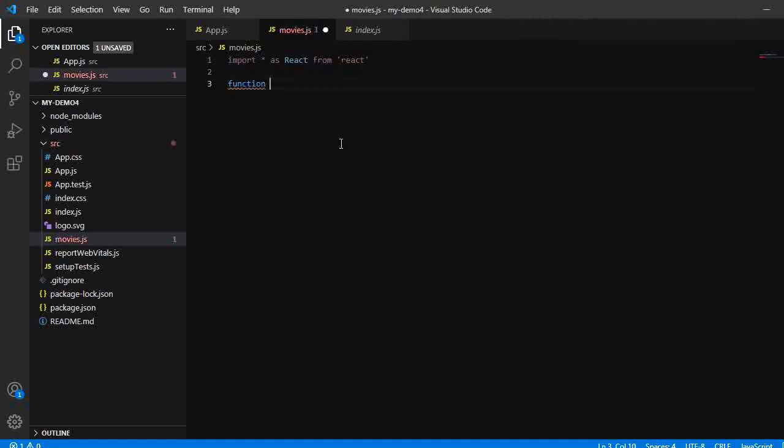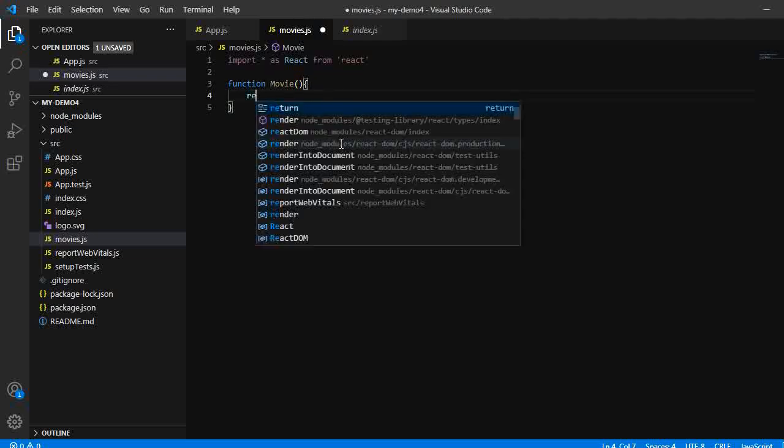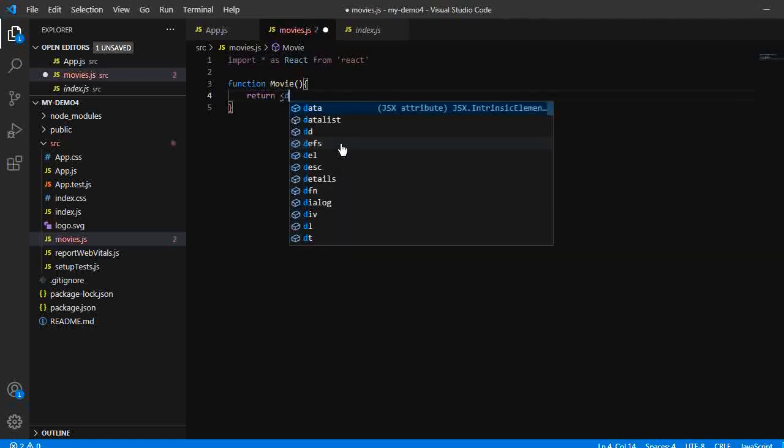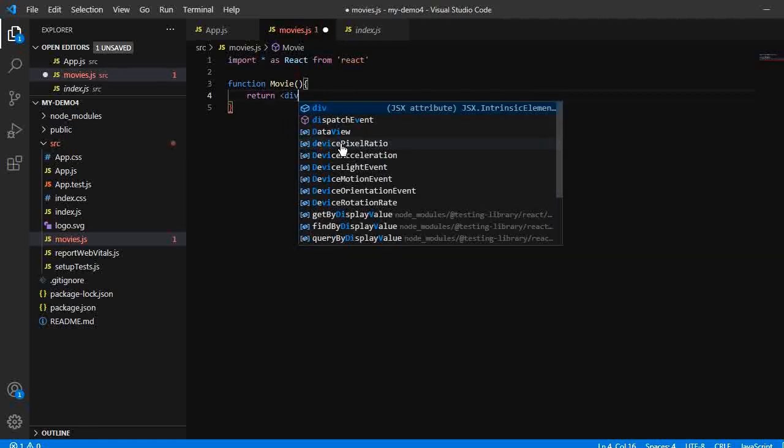The syntax is function, and the component name's first letter should be capital, Movie. The main characteristic of a component is that it should return something, right? That's why I am returning one div here.